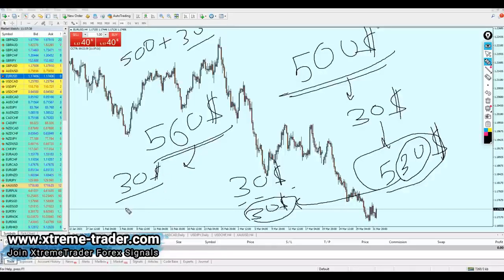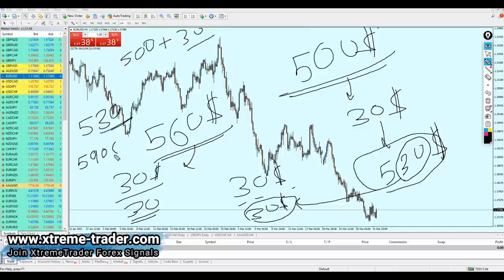So let's say, of course, if you lost it, which has happened usually, you're gonna end up with an account of $530, which is still fine because your initial deposit is still there plus some profit. But if you have made a profit, now your account is gonna be $590. Again, keep risking only part of the profit that you have made, always a percentage of the profit. So you can risk, for example, $50 right now on the next trade, which means that the stop loss has to be $50, and so on and so on.